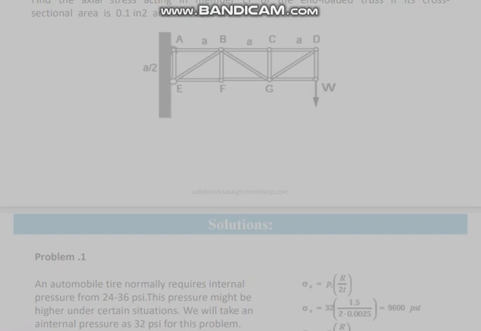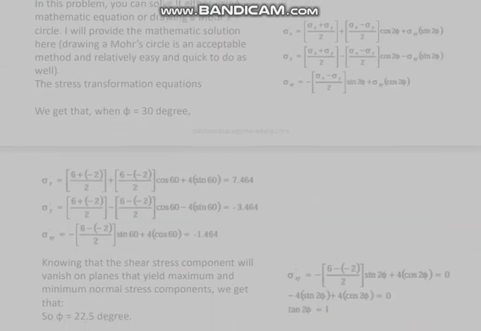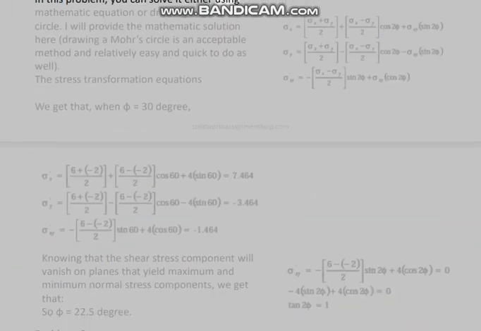Problem point 2. In this problem, you can solve it either using mathematical equations or by drawing a Mohr's circle. I will provide the mathematical solution here. Drawing a Mohr's circle is an acceptable method and relatively easy and quick to do as well. The stress transformation equations give us, when phi equals 30 degrees,